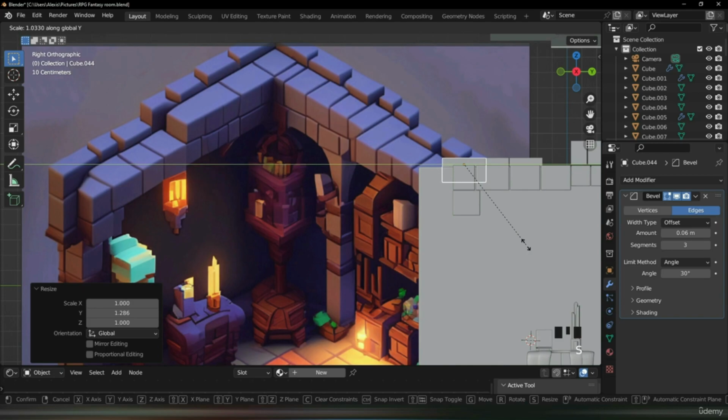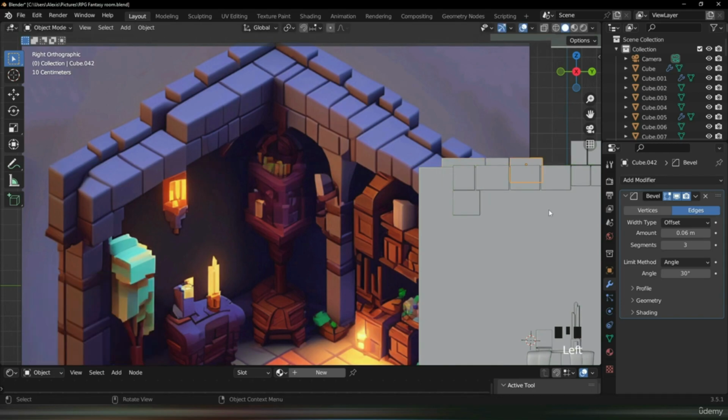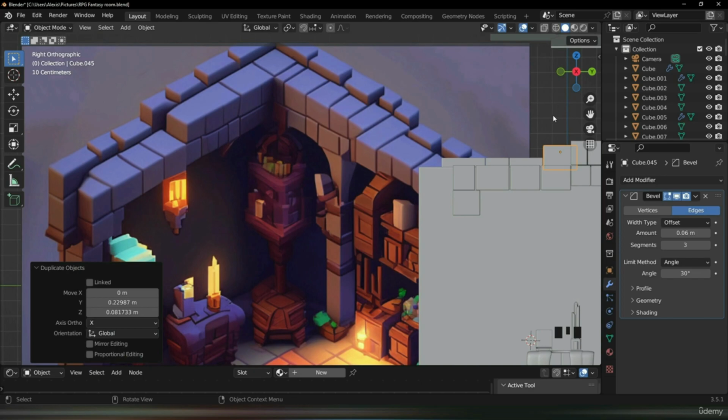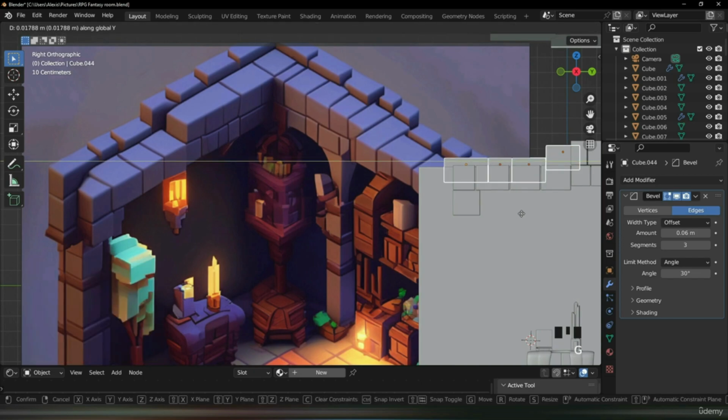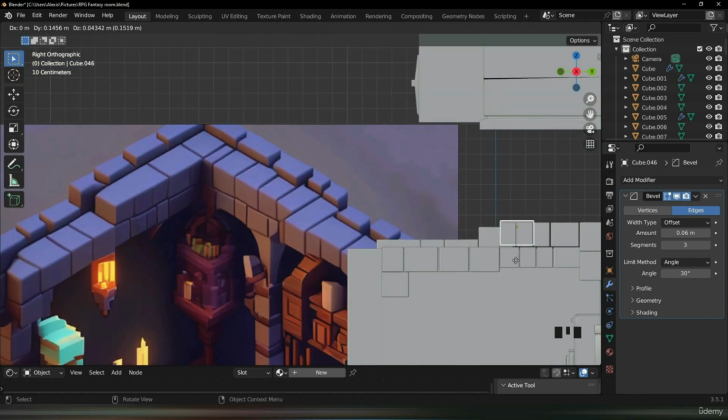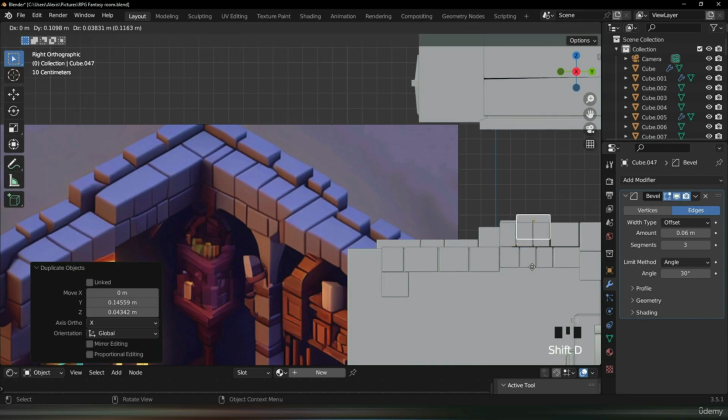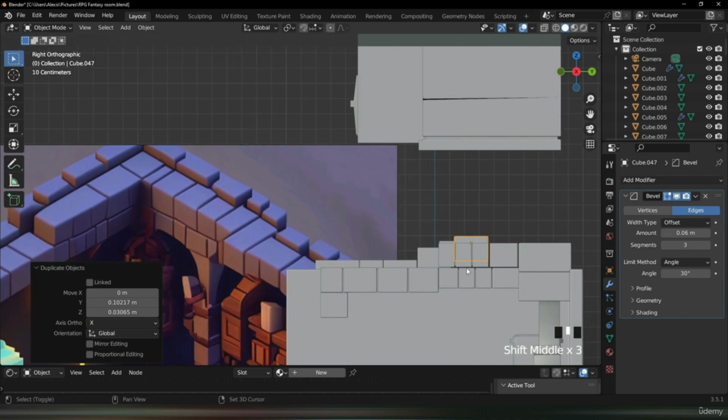You can scale it in the Y-axis a little bit more, there you go. Let me do Shift D, and put another brick right about here. G, Y, Shift D, higher like this, Shift D, put another one higher than that one, about there, and Shift D,